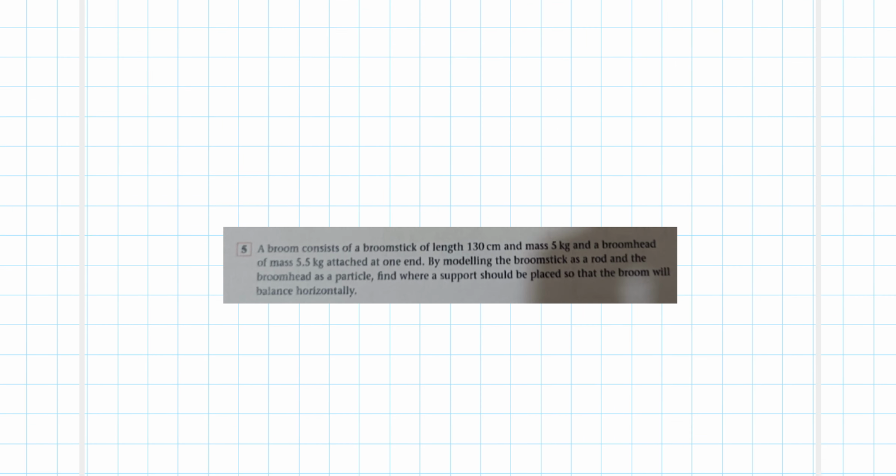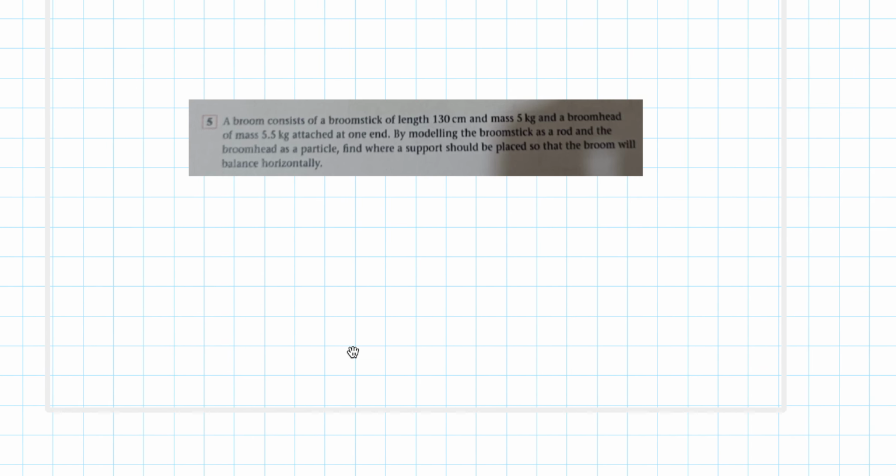A broom consists of a broomstick of length 130 centimeters, mass of 5 kilograms, and a broom head of mass 5.5 kilograms attached at one end. By modelling the broomstick as a rod and the broom head as a particle, find where a support could be placed so the broom will balance horizontally. Okay, so this one,